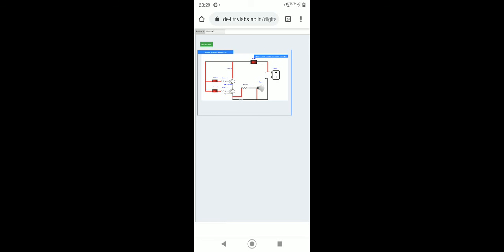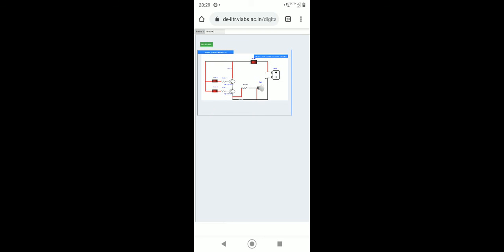But in simulator 1 we can see, inside the black box, inside this logic diagram, the exact circuit inside the AND gate. So this is the circuit where we have to connect this battery. First of all, this is connected, it is showing, and then we have to connect switch 1 because the battery is connected with switch 1. So this is connected. Then we are selecting switch 2 and switch 3.